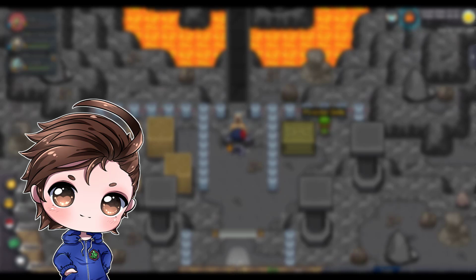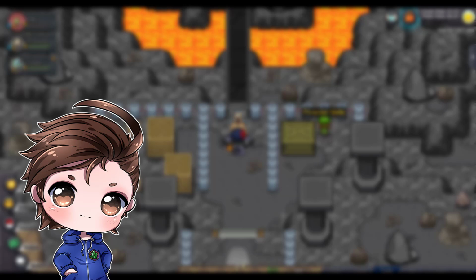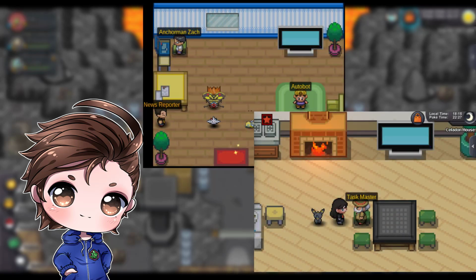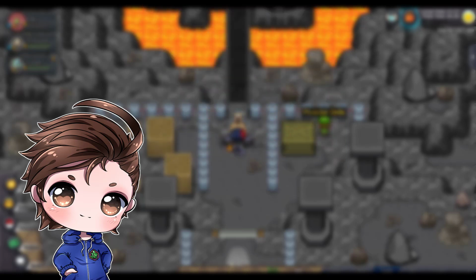Last but not least are daily and weekly quests and competitions. Let's begin with the daily quests. So far in the game, there are only 2 daily quests that can be done, the Celadon City and Solaceon Town quests. Celadon City quests are not worthy of doing much since they don't really give or generate any groundbreaking rewards. Solaceon, however, can be worth your time if you're able to do it consistently and get the 7th day